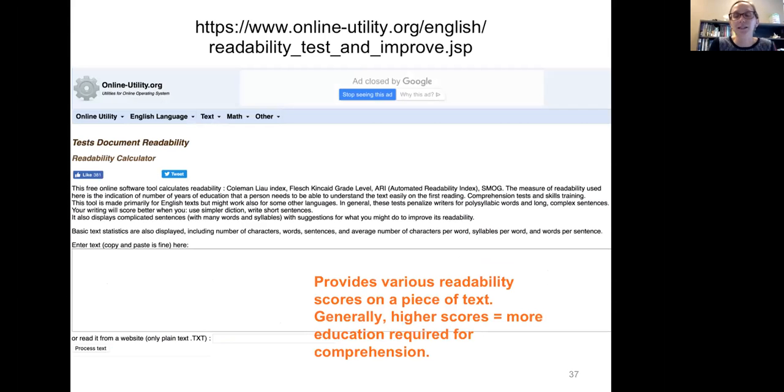And then this is an example of an online readability test that you can also just copy and paste your text into, and it will give you readability for many different indexes that calculate readability in different ways. So it's just a way for you to compare two pieces of text and say, is my lay summary that I've been working on actually any easier to read than my abstract?